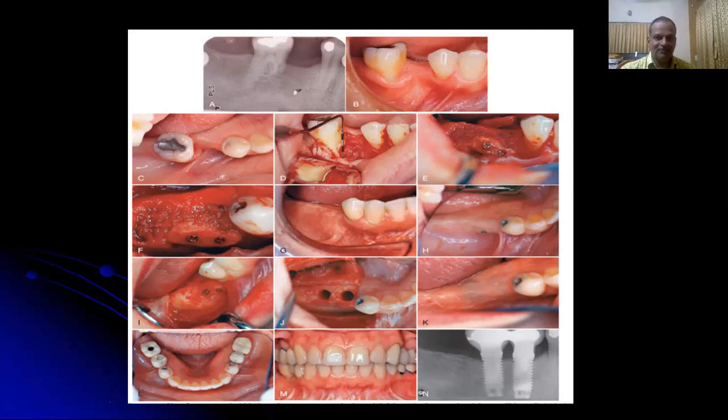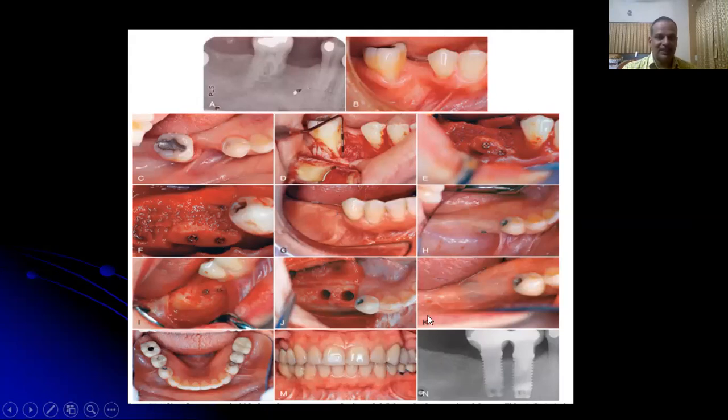The harvested graft was shaped to fit nicely into the recipient bed, and it was fixated to the recipient bed with the fixation screws. And the second molar region was grafted with the particulate bone graft. And the gaps between this monocortical block graft and the recipient bed were filled with the particulate bone graft. And here you can see the second molar site ridge preservation with the particulate bone graft and the monocortical graft that is fixed with the fixation screws.